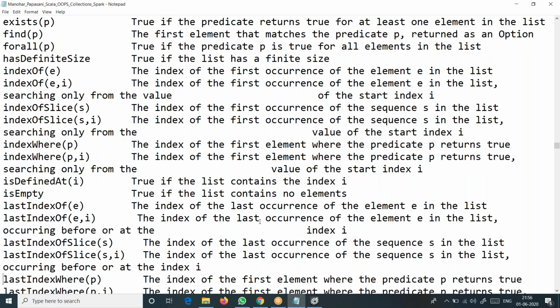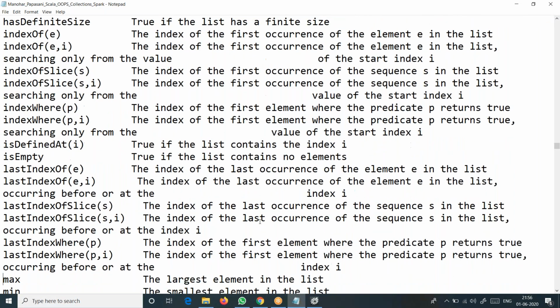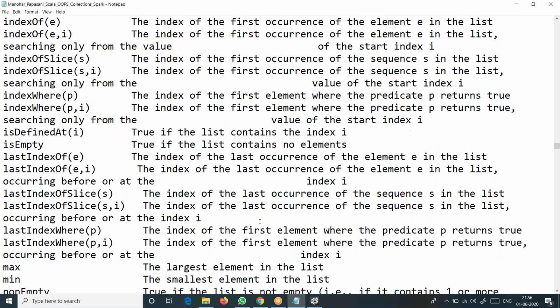For all is something like collect, probably. Then index of returns the index of the first occurrence of an element. The second method here, index of e comma I. If you want to check for the next occurrence, then you can choose the second method, which is overloaded.